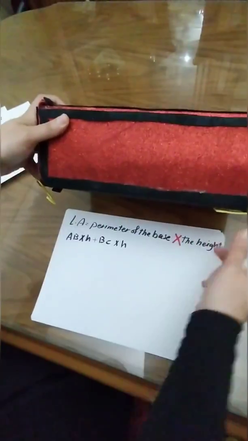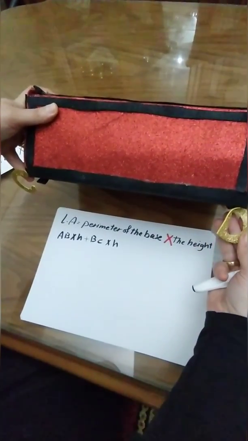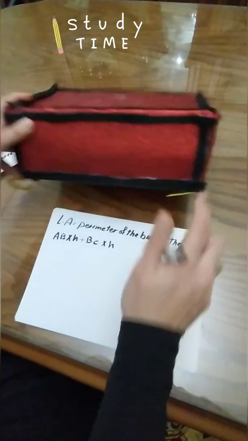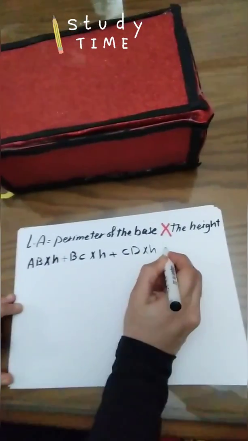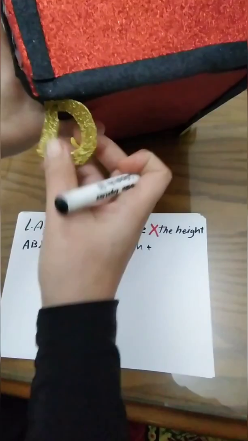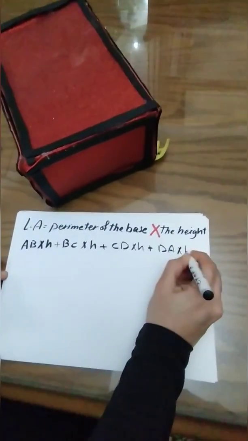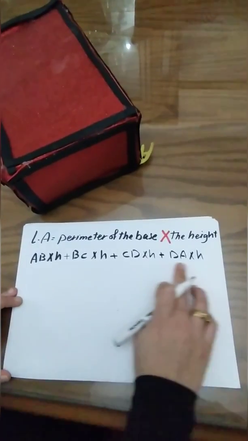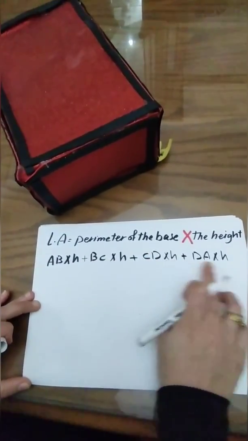Here the third face, the third rectangle, CD multiplied by the height, plus the last face DA multiplied by the height. Here I can notice that the word height is repeated in the